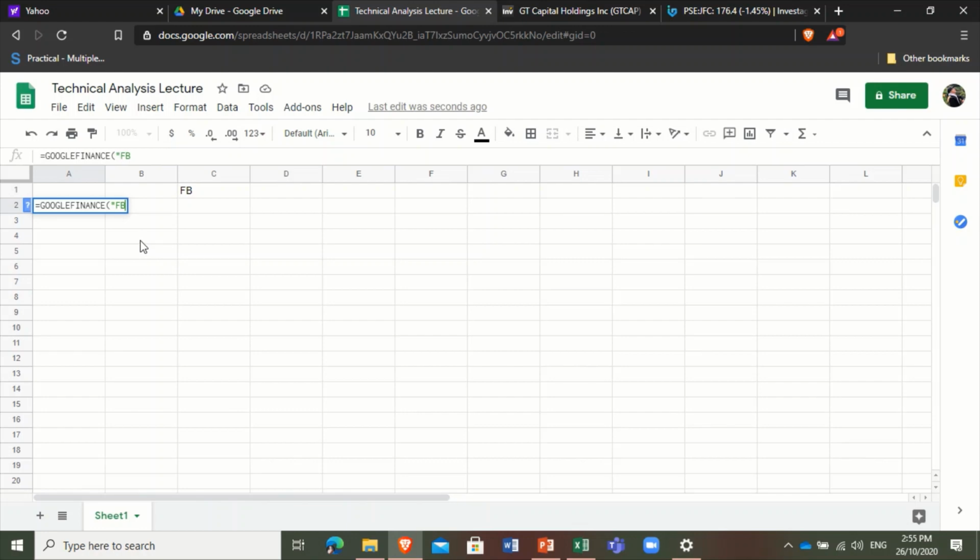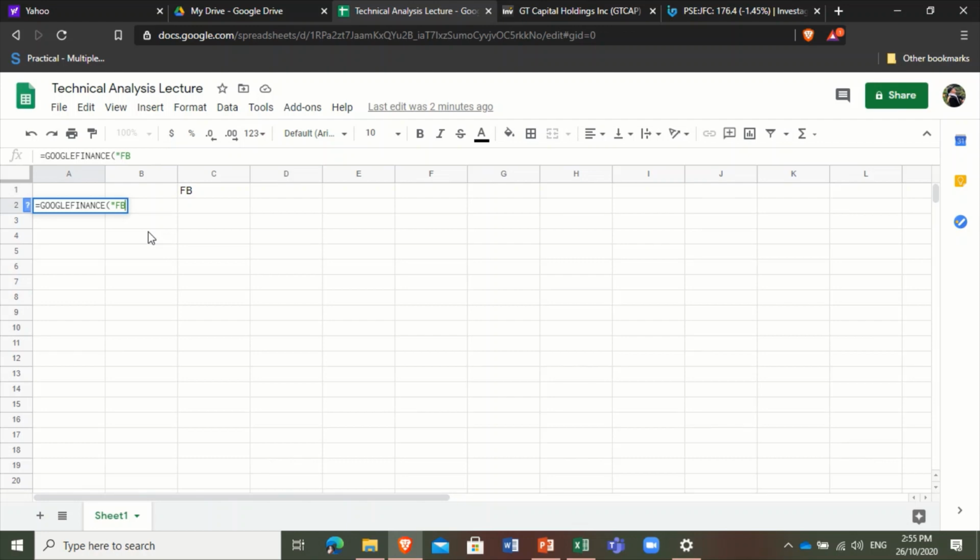So, as you can see, I'm using a foreign firm. Facebook is an American company. Kasi ang Google Finance, hindi pa masyadong available yung mga local stock prices. So, as much as I want to create a local example, hindi ko pa siya natatry sa lahat. Kasi kanina I'm using San Miguel Investment Corporation sana. Hindi siya lumilitaw. So, for now, just for the sake of showing to you that you can use Google Sheets to directly import data, so Facebook muna ang gagamitin kong sample.